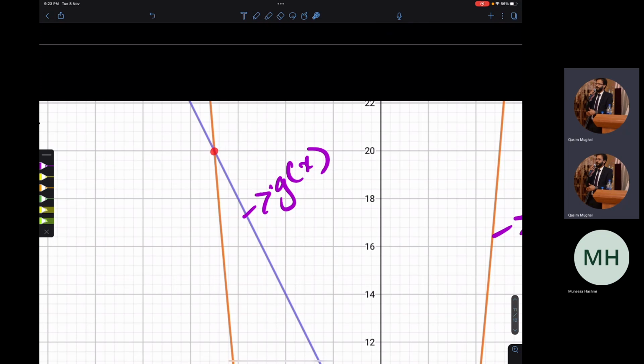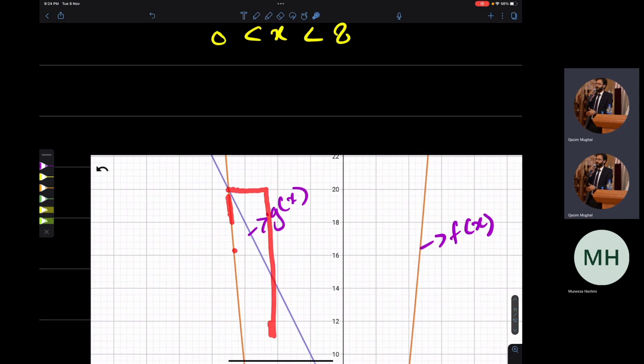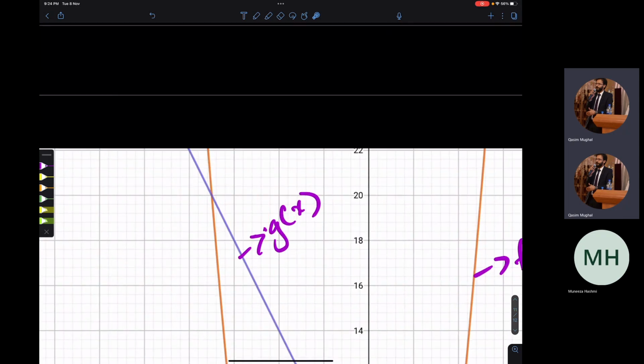From whatever value of x is over here, the moment I move further, the orange line goes beneath the blue line. See? The more you go ahead of it, the orange line goes underneath that blue line. So I need to tell the values where the orange line stays above that. So for all the values of x less than this intersection point,